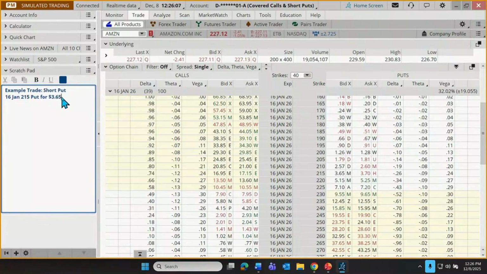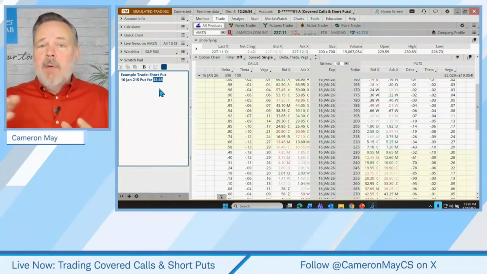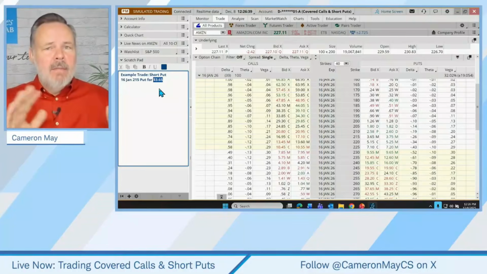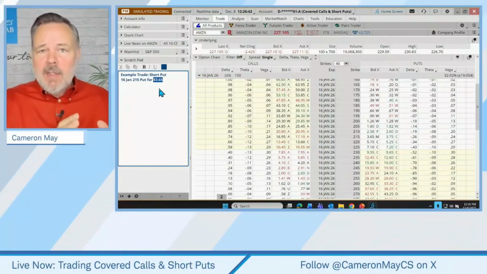But in any case, for the benefit of those who are not familiar with selling puts, here's exactly what's going on. Conceptually, putting ourselves in the shoes of an income investor or an income trader, we would be accepting a payment of $3.65 on the potential exchange of 100 shares of stock. So it's $3.65 per share. That would be $365 that we're getting paid. Ooh, great. Well, that's the pro. That's the potential advantage in this trade, $365 of possible income.